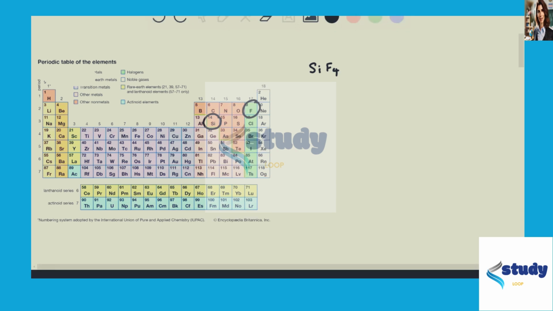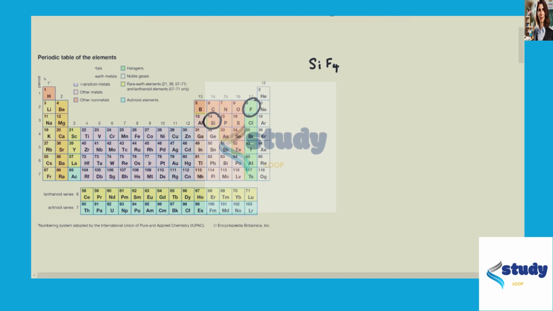All right, hello. So today we will be talking about drawing a few different kinds of Lewis structures. So we have a few examples here. The first one is silicon tetrafluoride. And I just want to go through the steps of drawing a Lewis structure first before we go through the rest of the examples. So just to recap, the steps for drawing any Lewis structure are first,